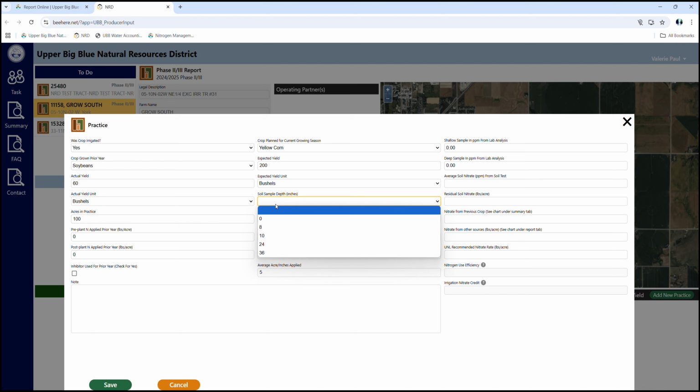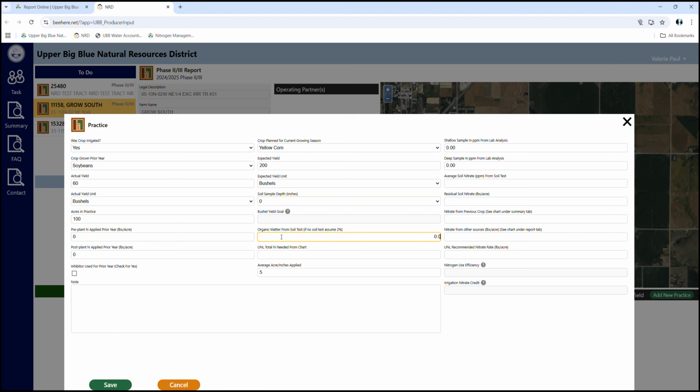But if you're on a rotation and don't have a soil test, just put 0 for the depth and 2.0 for the organic matter. And then you don't have to put anything here. There are sections where you can look up this information, but when we hit the save button, it will automatically calculate that number. And then over here in the shallow depth sample in ppm, you would get this from your